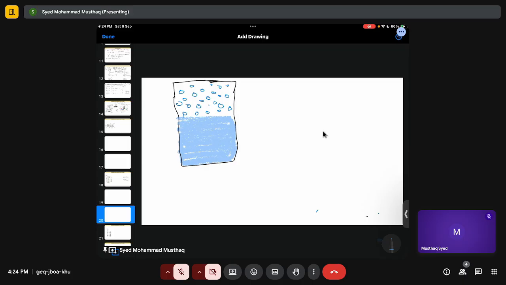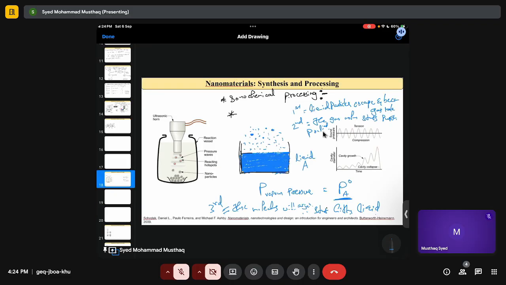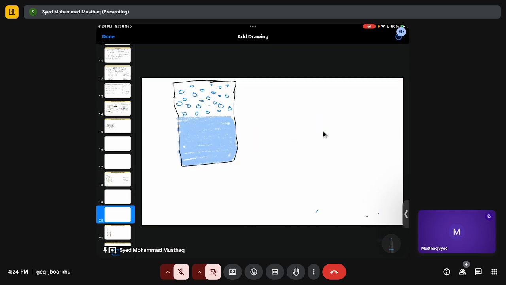So that's what we see here. Whenever you have some low pressure, then the molecules will come out. Air molecules which are trapped inside a liquid will come out, and also the liquid molecules will get evaporated. Now, what is the relation with this sonochemical process? The sonochemical is nothing but you create an ultrasound. So ultrasound is nothing but a mechanical wave. So a mechanical wave composed of